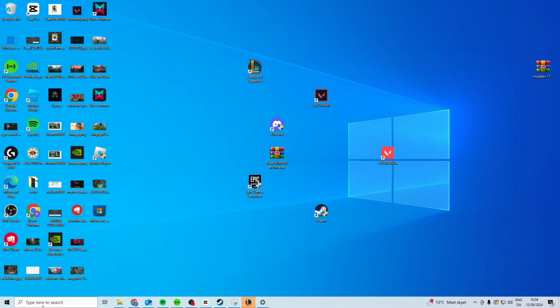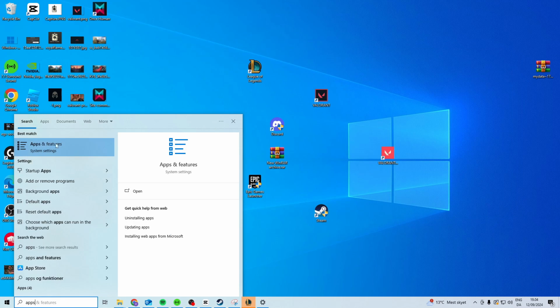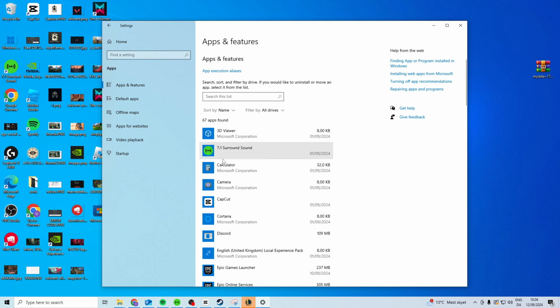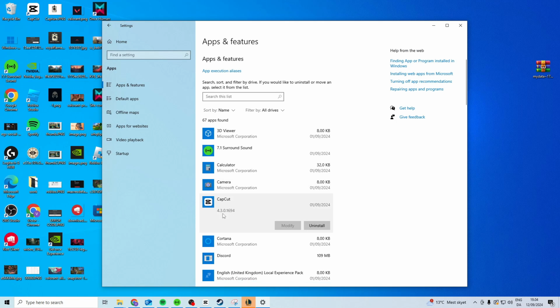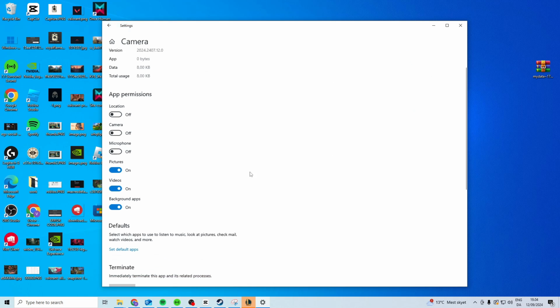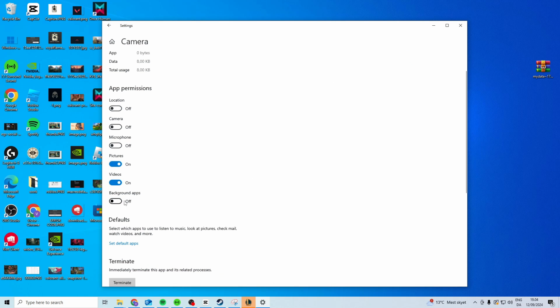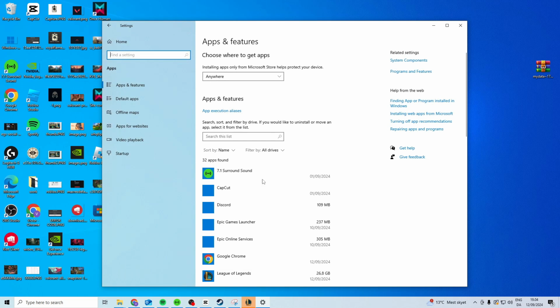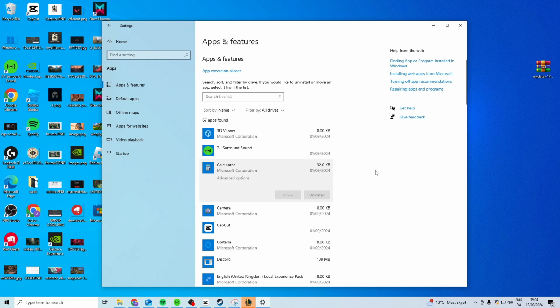Now, another thing you can do is come to apps right here, go into apps and features, find anything that has the advanced options right here, click on it, and from in here you can disable background apps. Now, if you go through everything and disable all of them, the ones that you can, these will not run